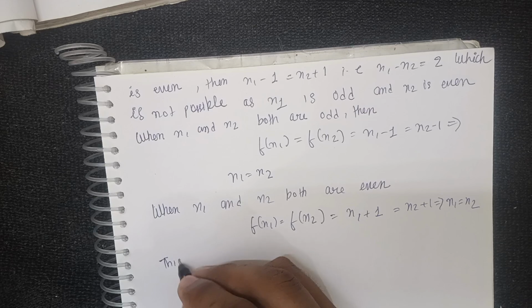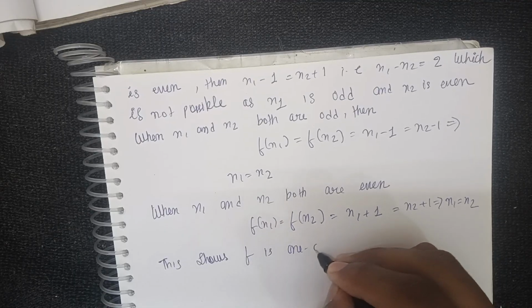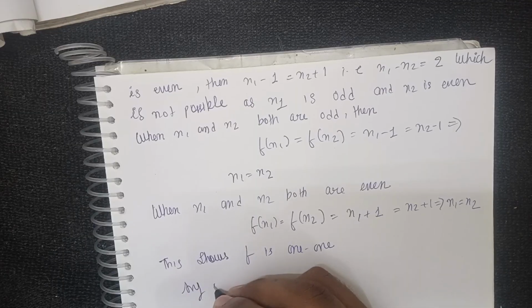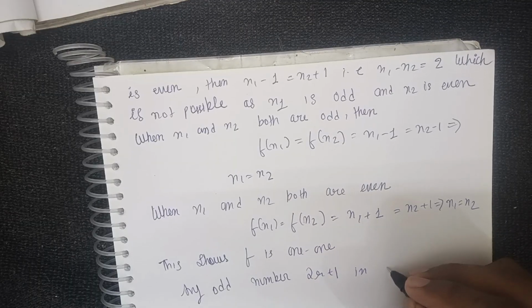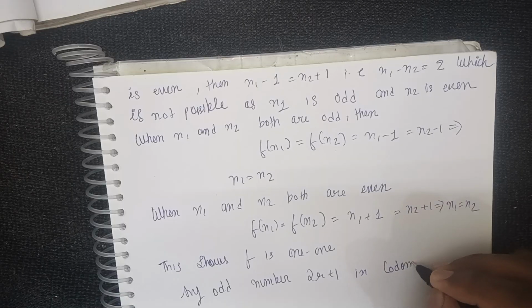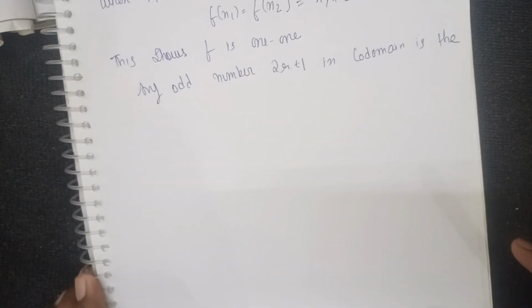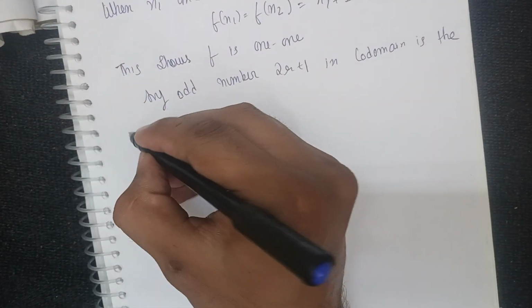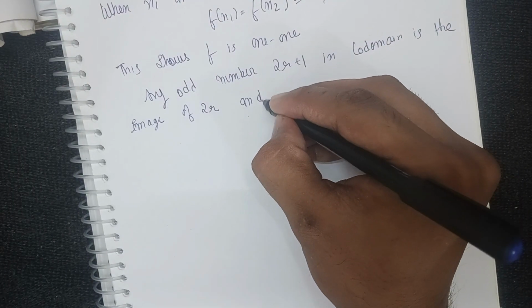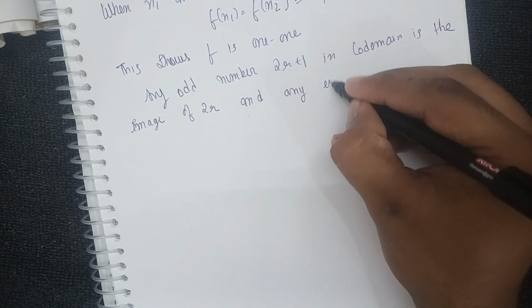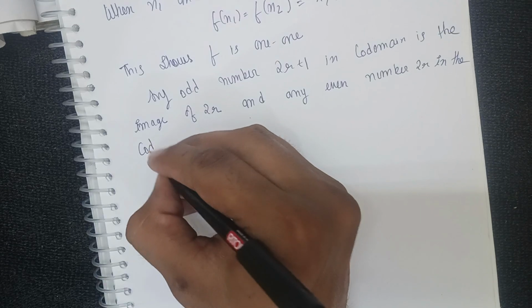This shows f is one-one. Any odd number 2r + 1 in the codomain is the image of 2r, and any even number 2r in the codomain